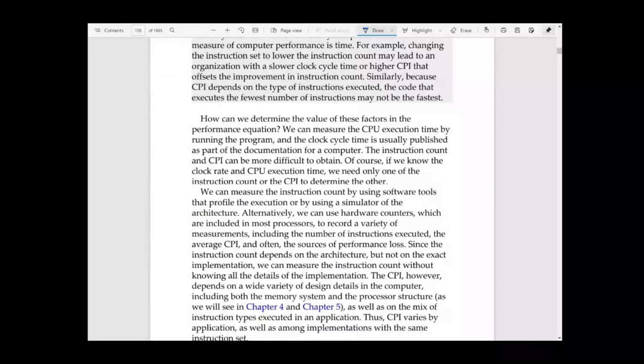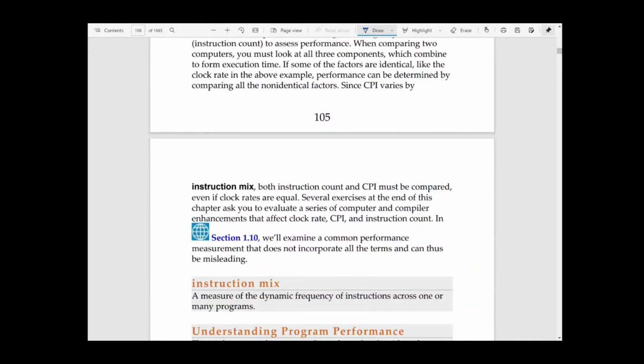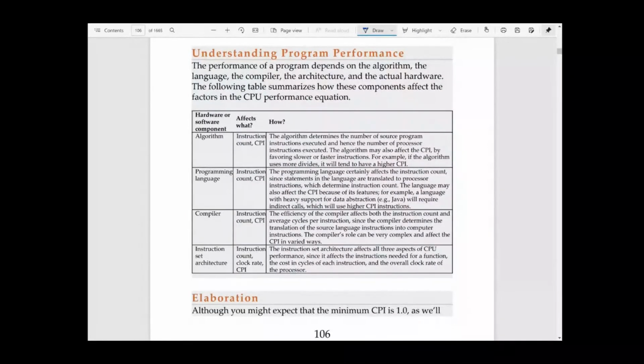Okay, and then after this, understanding the program performance, this table I'll explain quickly. What I'm expecting from your side, I'm repeating it again, is that you should read everything from the book. This is your task. Don't just depend on my lecture. First you have to watch the lecture properly, and then you have to read the book. That's why I'm not sharing any PPT. Your task is to read the book.